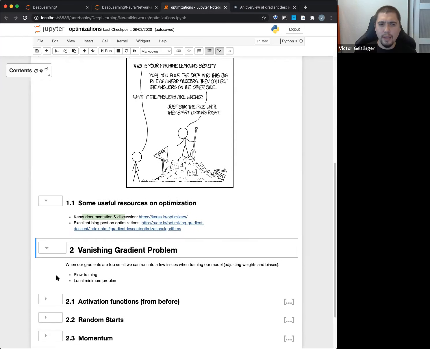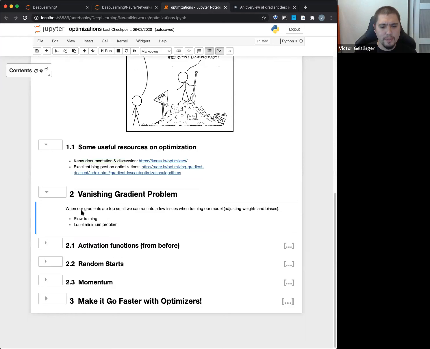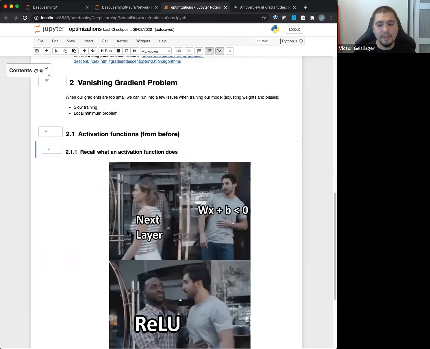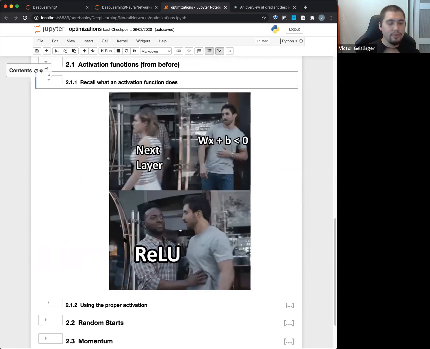I'm going to go through this, and I might repeat myself. I'm sorry if you already heard some of this, but the vanishing gradient problem, we talked about this: the gradient can get too small and we can run into issues with adjusting the weights and biases. Does that sound familiar? Okay, so one way we can fix this problem is by using different activation functions. Just to recall real quick, the activation is essentially the function that takes the inputs from the neural network to one neuron. It gets all the inputs as a linear combination, and it decides whether this value should go on to the next layer.